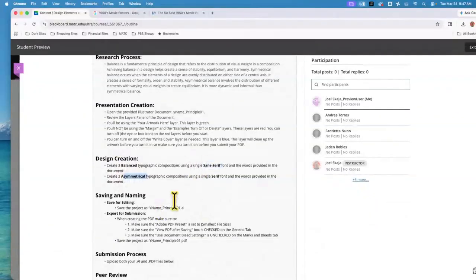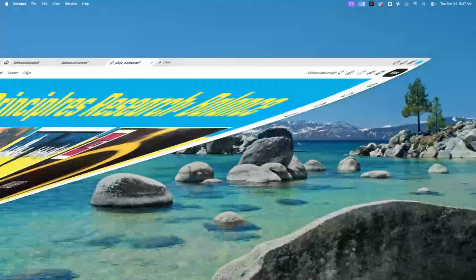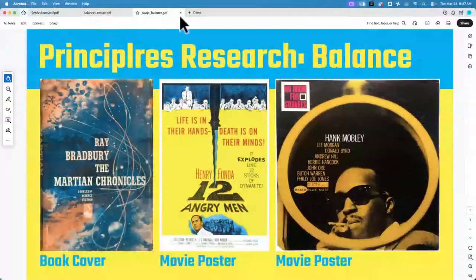Create 3 asymmetrical typographic compositions using a single serif font. I'm going to download my Principles 01. I am going to open up my little document and talk about